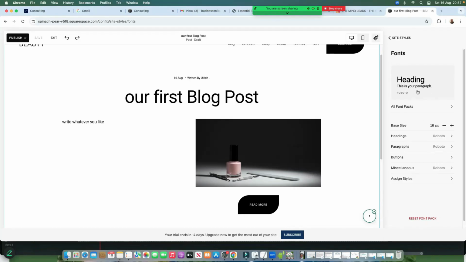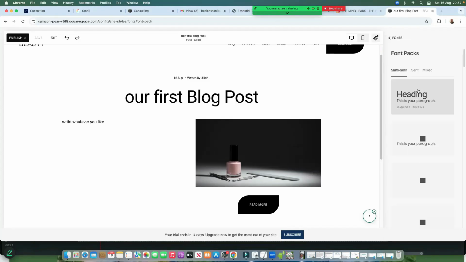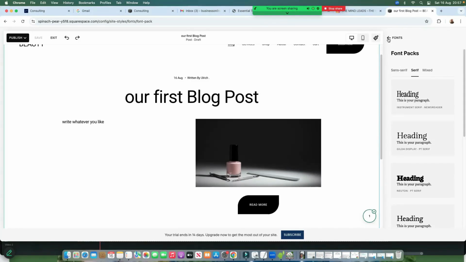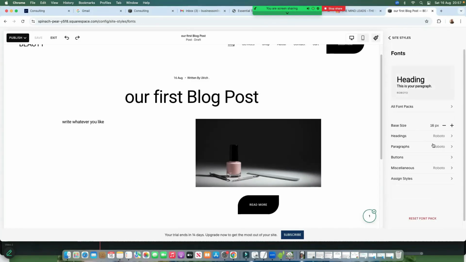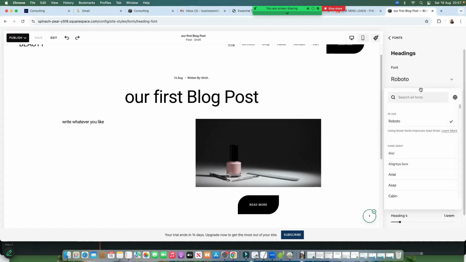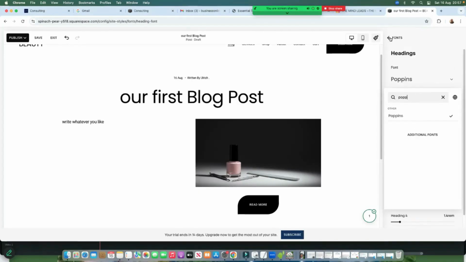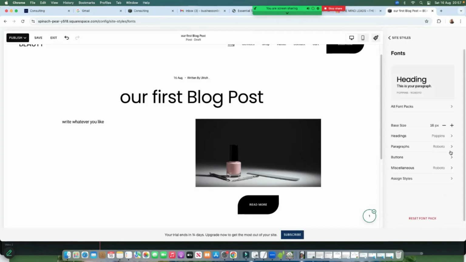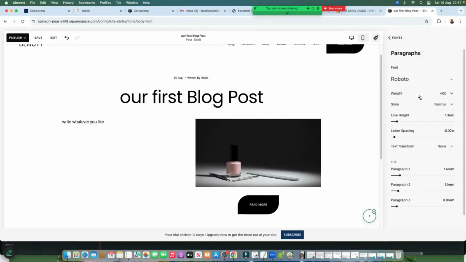So if you come here to headline, click on that. Let's click back on the font here and go down here to headings and the Roboto. We would change the Roboto. I prefer a font called Poppins. That's the font I like. And then I just go back. So I have Poppins on heading and paragraph. I will also have,